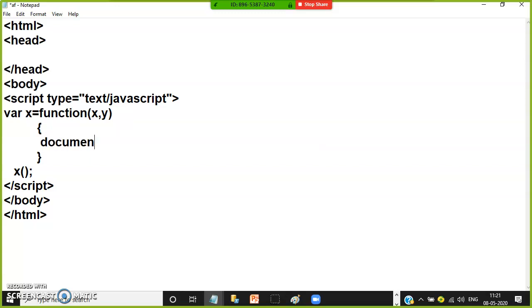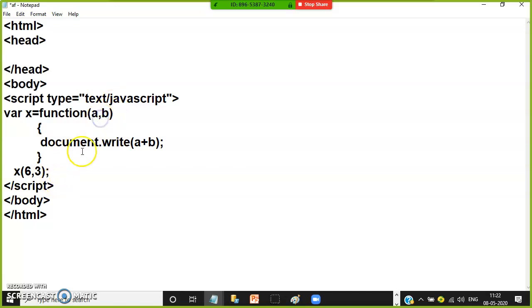Now I will print document.write of x plus y. If at the time of declaring the function you declare any parameters, at the time of calling the function you can pass the values. I'll give a comma b so that you will not get confused, because already I have given x there, a plus b. Now at the time of calling the function, you have to pass the values.